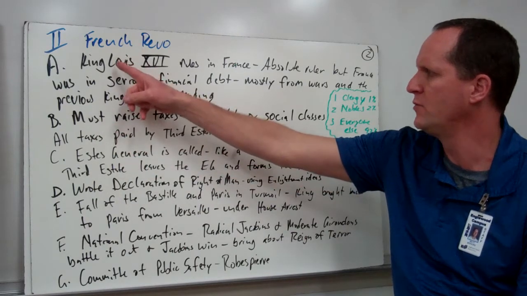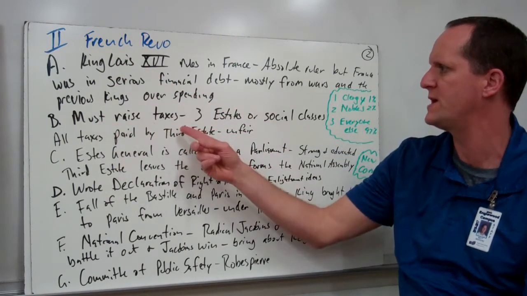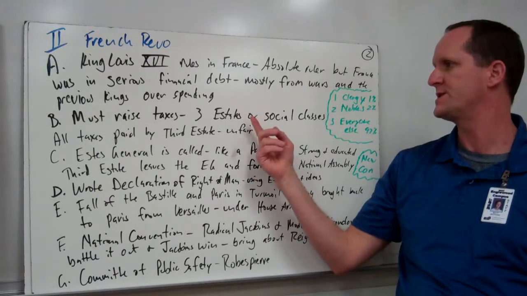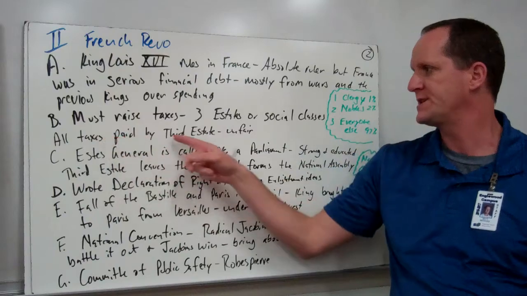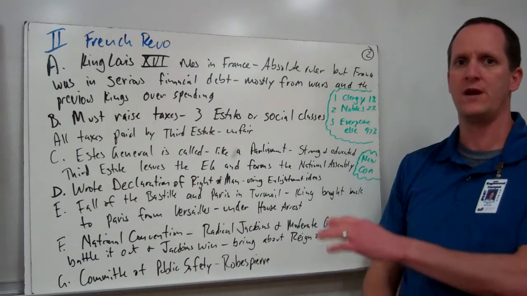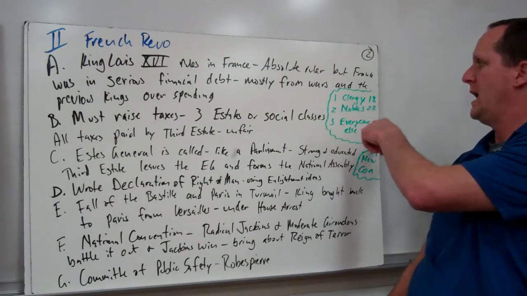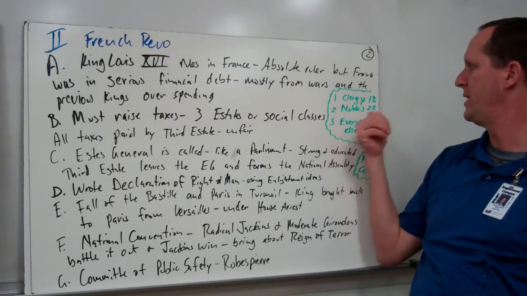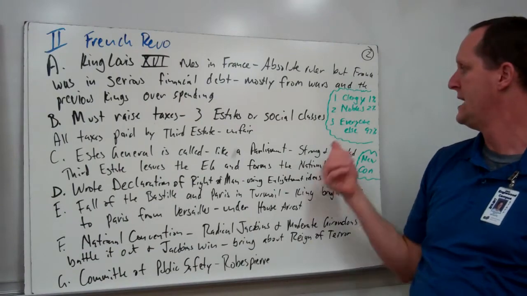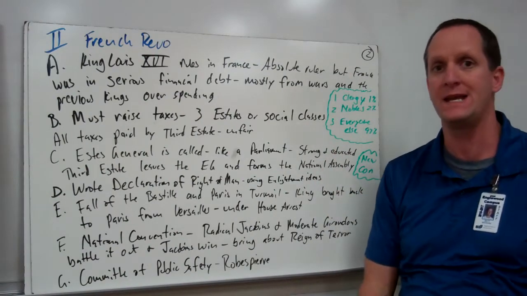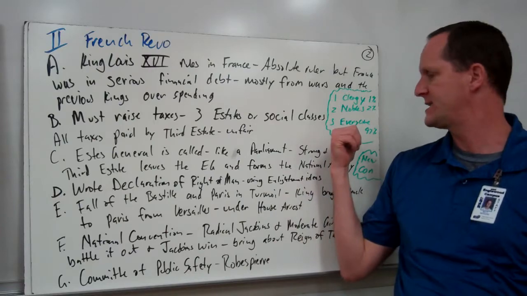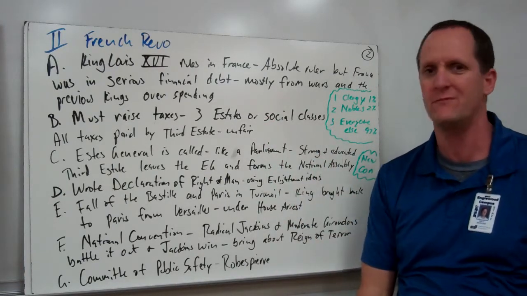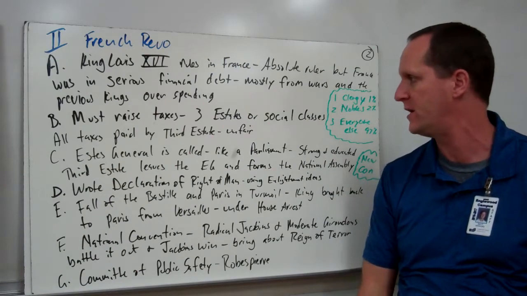So during the rule of King Louis XVI, he must raise taxes. There's three different social classes called the Three Estates. All taxes were paid by the Third Estate. So over here I got this little thought bubble. The first estate was the clergy, and they made up about 1% of the people. The nobility made up about 2% of the people. And then you had everyone else, which made up 97% of the people. And it's this 97% of the people that had to pay all the taxes to support the wealthy. Not very fair, quite unfair.